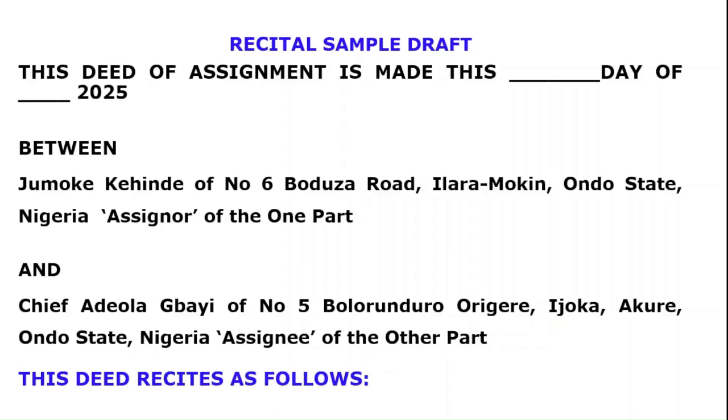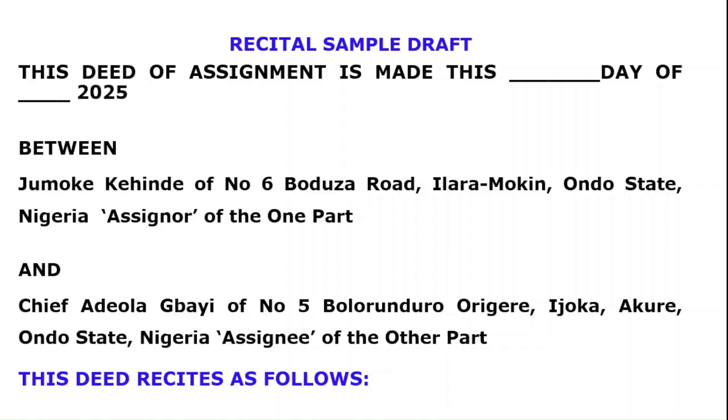So the next question you are asking is, what is he reciting? Okay, well, "as follows." As follows as in what? As in, are you going to recite it using the introductory recital, or are you going to recite it using the narrative recital? So how then do you write the introductory recital? How then do you write the narrative recital? First thing first, you already know how to draft the recital clause, in the sense that if you are told to draft the recital clause in the instant transaction, you already know that,